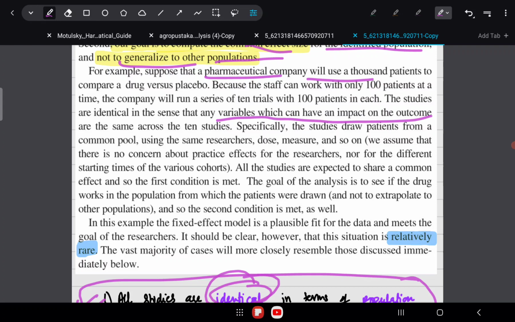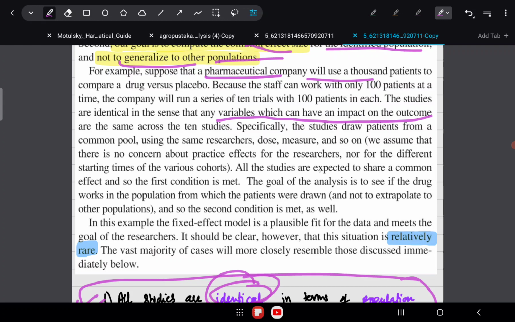Okay, so maybe it's an SSRI and the depression is mild to moderate to severe, the age group is similar, the population type, the ethnic group is similar, the dose of the drug is similar. So generally speaking, this is what happens when a series of trials are done. They are done usually with the same study design and the variables are usually the same. So in this scenario, it may make sense to believe that these studies are functionally the same, and the variables are also the same across all these studies, right?